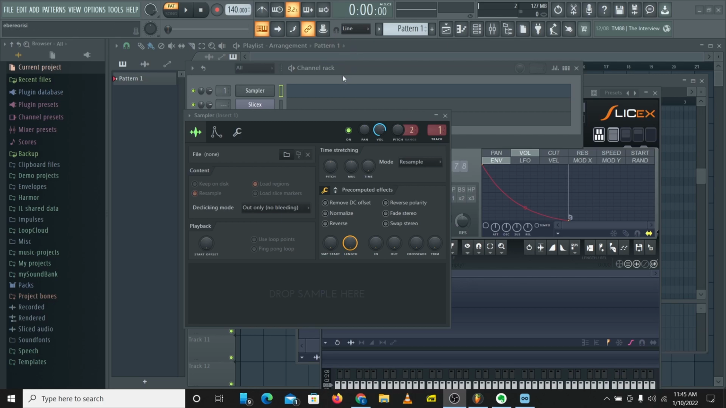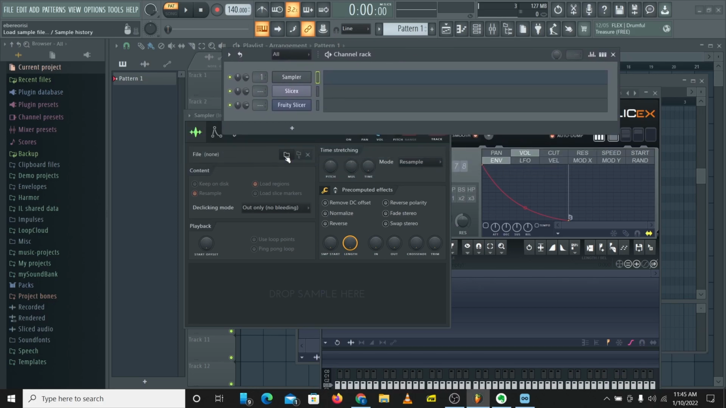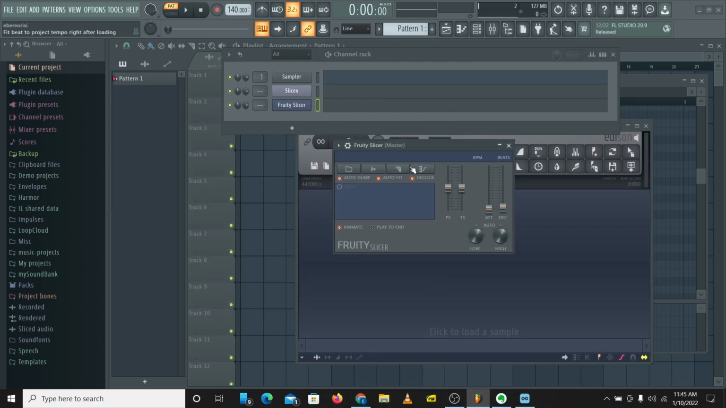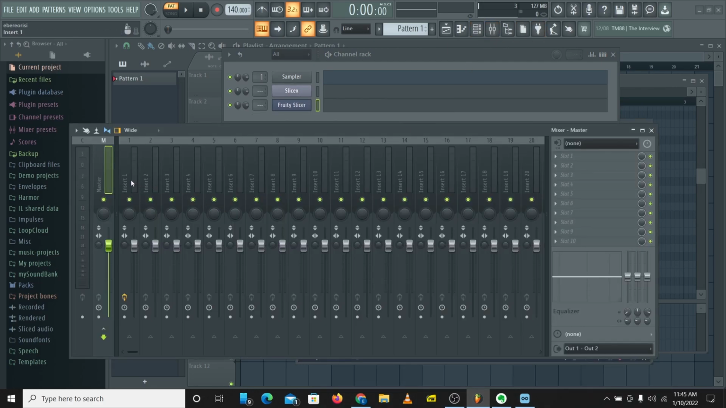So we'll be looking at different tools you can use to sample in FL Studio. We'll be looking at sampler, SliceX, slicer. We'll take a look at editing and